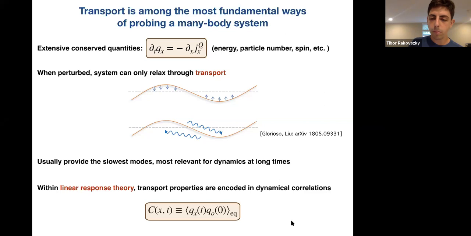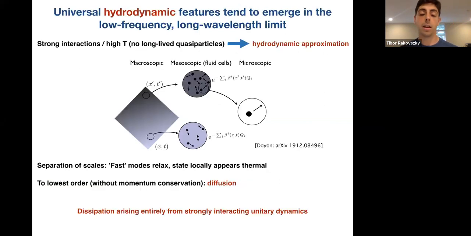So what can we say about their behavior? And as I was saying before, we expect that at long times in a generic system, there will be some emergent hydrodynamic description. So we're interested in a regime where the interactions are strong and the temperature is high enough that you don't really have any long-lived quasi-particles. So the quasi-particle Boltzmann description breaks down. And the only thing you are really left with